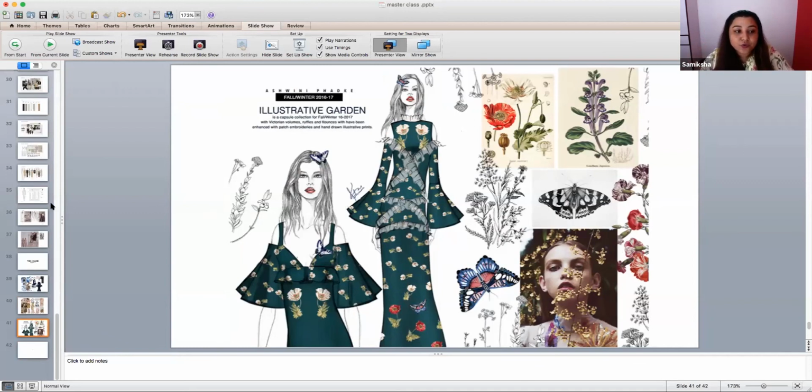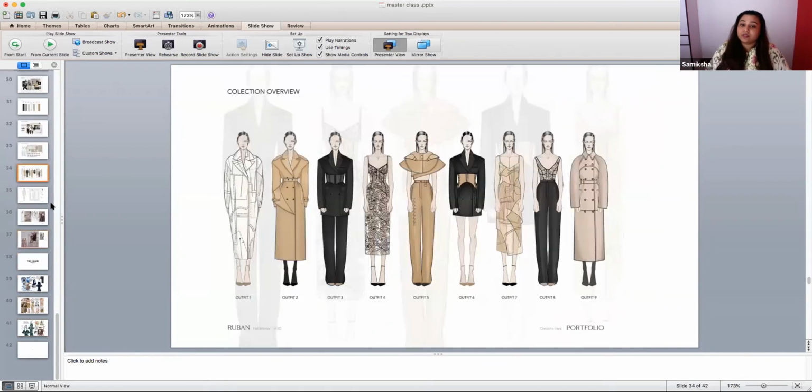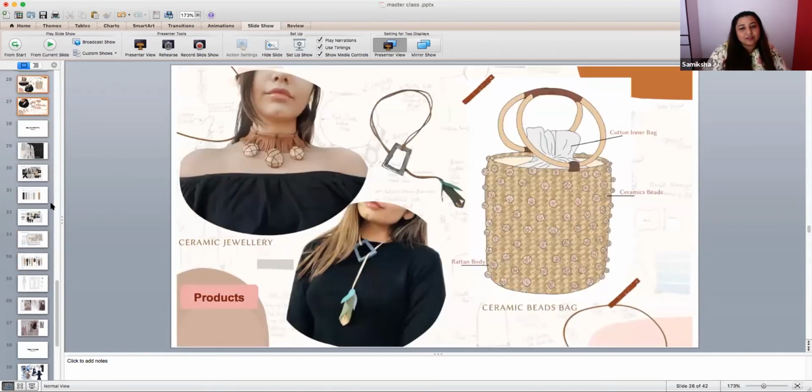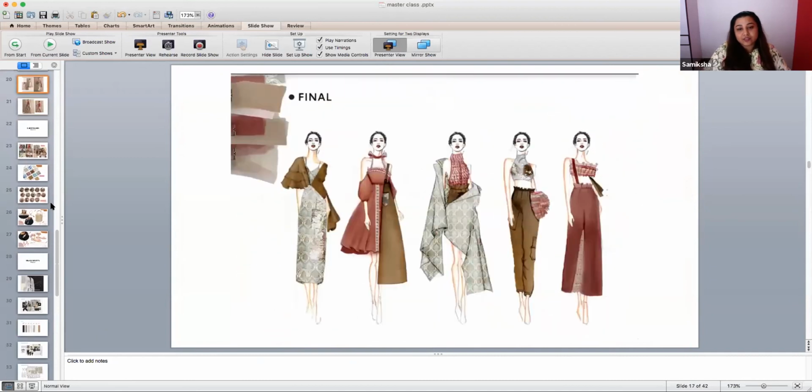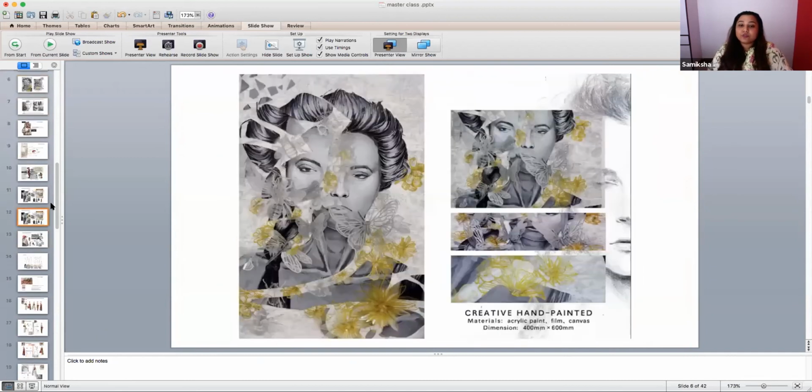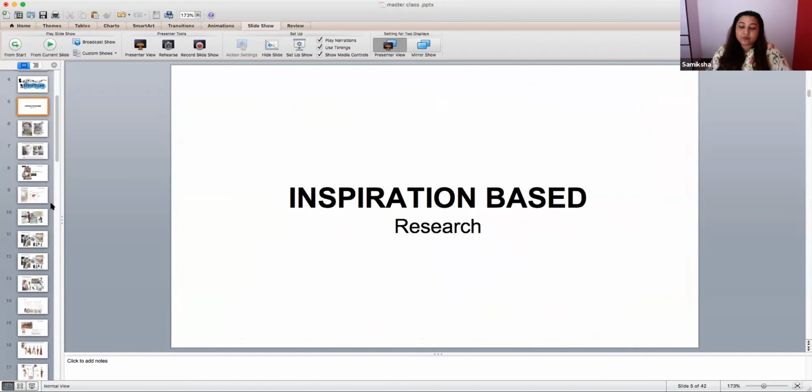So these are a few research approaches which are very helpful for everyone. There is trend, there is brand, there is client, and there is inspiration. So while doing our entire project, let's not forget the process, because this is what is going to make you stand out. And it is very important to show your whole research. So while you're doing your presentations for open house, make sure you create such layouts.